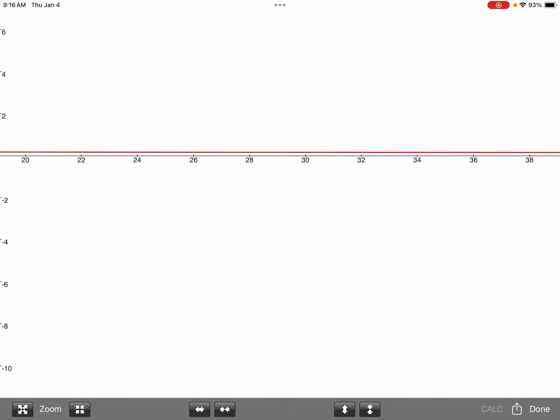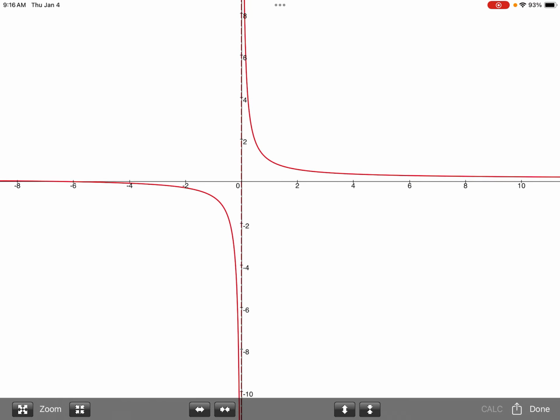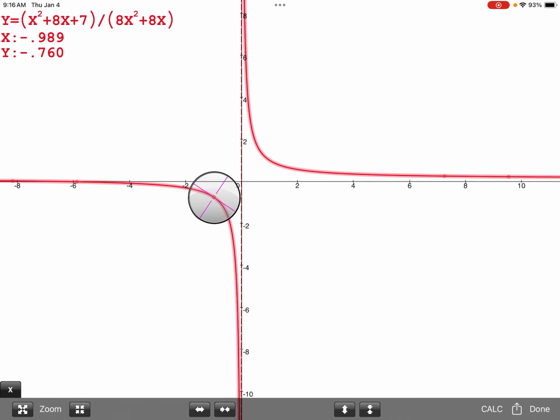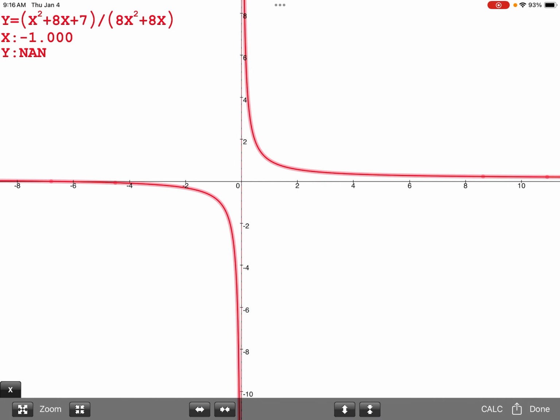Okay, so all of that's good news, but there is something strange, and that is I got that at x equals, let me just type it in. I got that at x equals negative 1, the graph is supposed to be undefined. And it is undefined. Up there in the left-hand corner, it says NaN for does not exist, and yet there's not an asymptote. That means I need to go back and check my work. So go back,